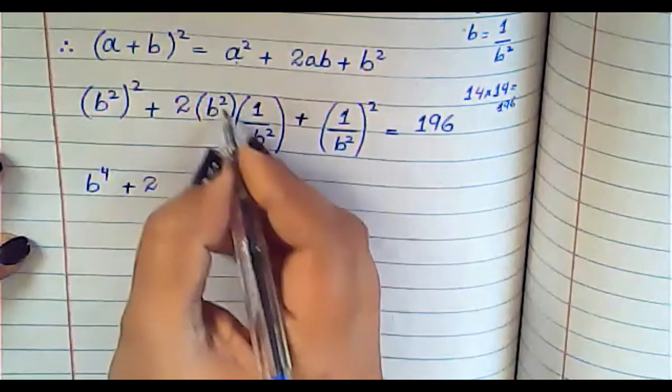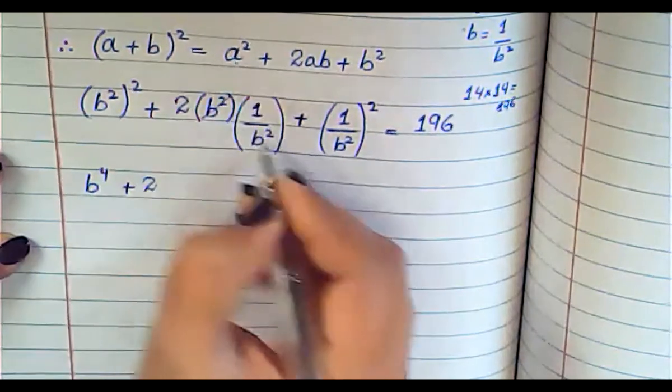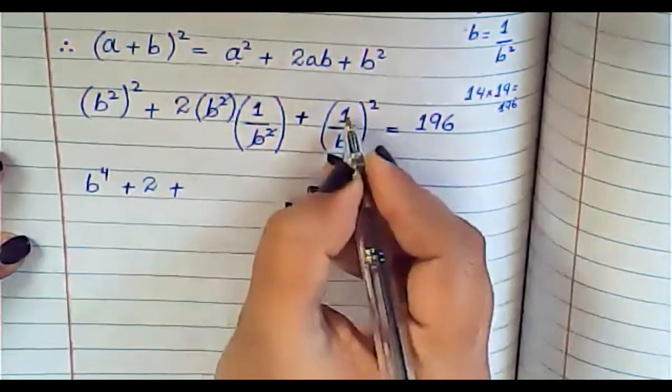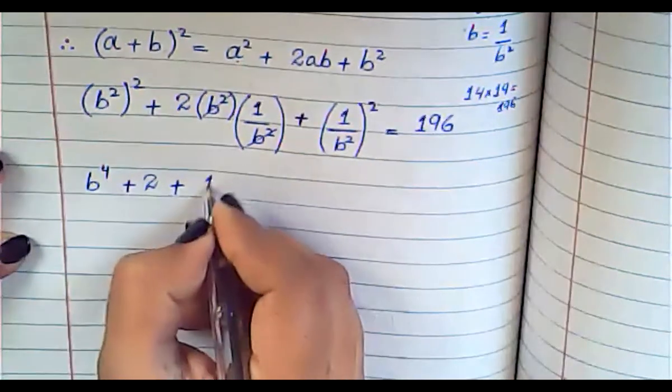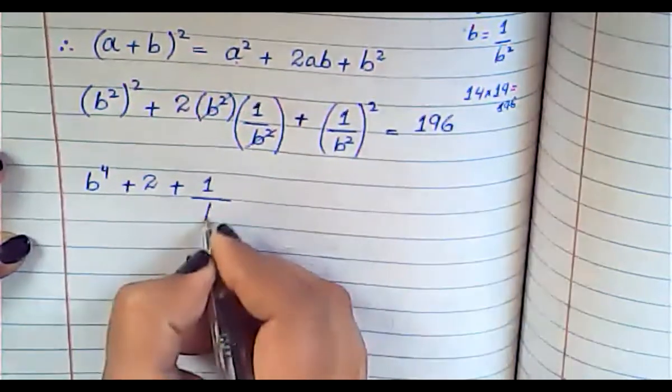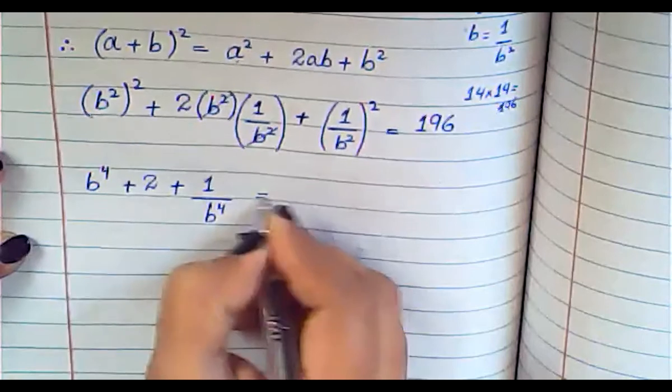Now this b square will be cancelled with this b square, so only 2 will be left here. Plus the square of 1 will be 1 divided by the power. So 2 multiplied by 2 will be b to the power 4, is equals to